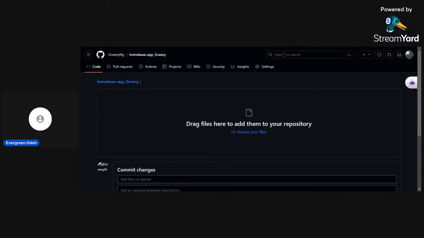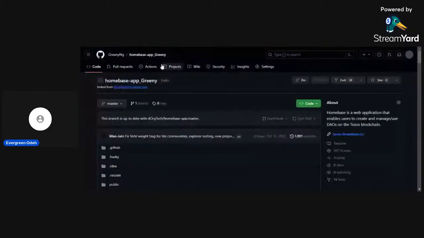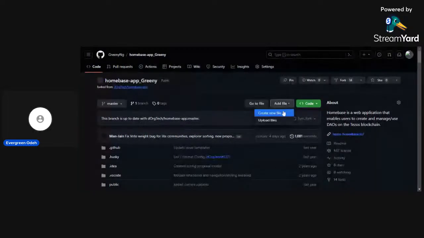But if it were Figma, I'll just need to add the link, and I won't need to drag and drop anything. So I'll come back to add file, and this time I'll be creating a new file.